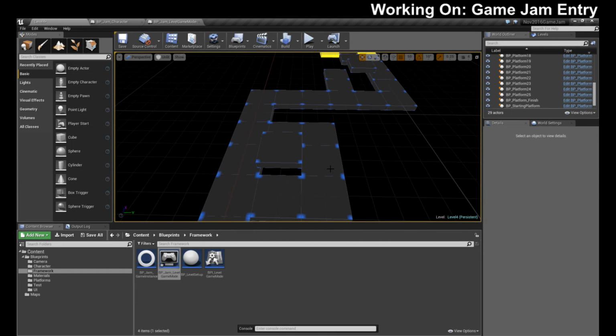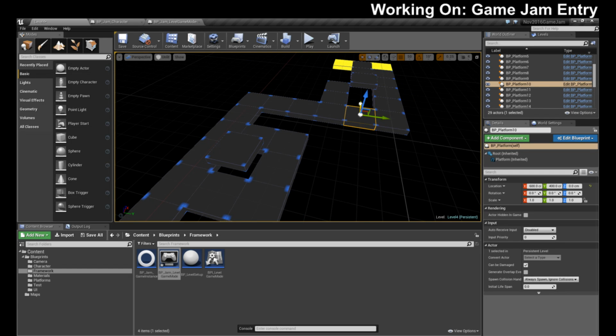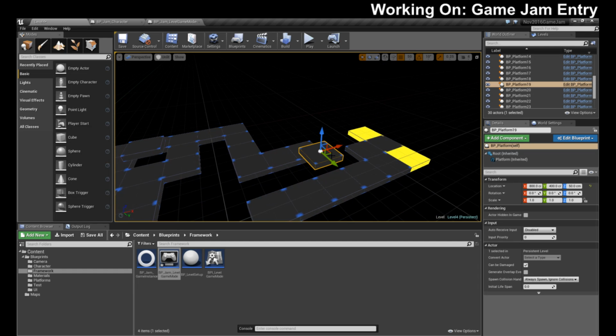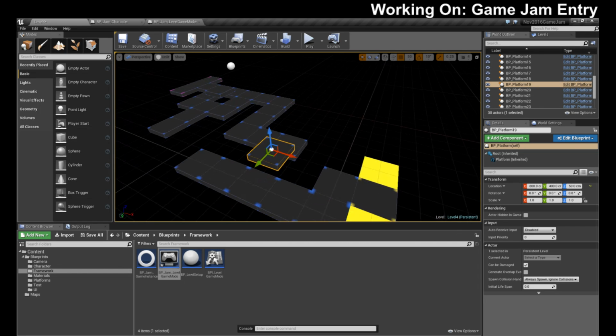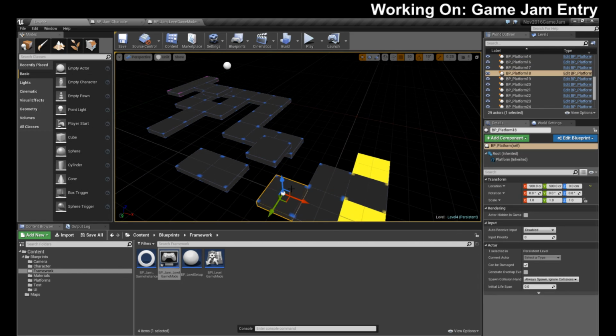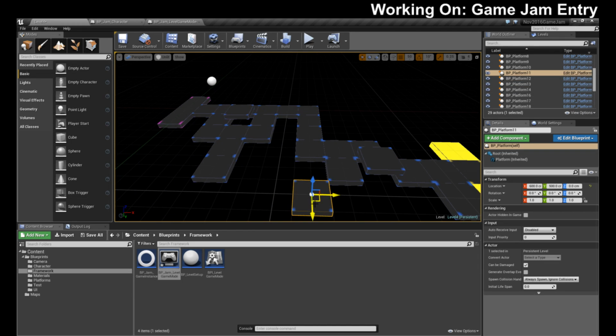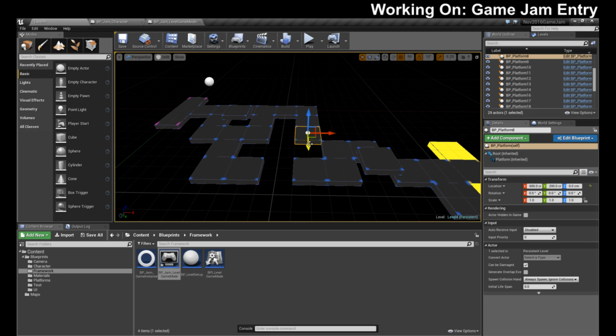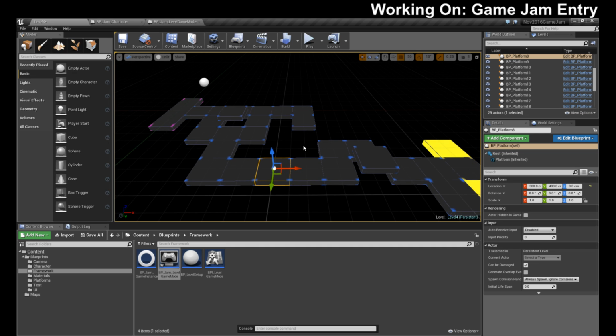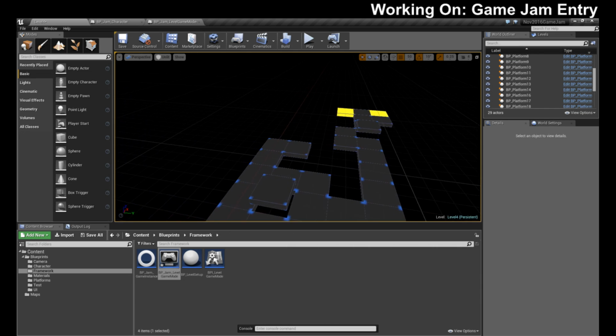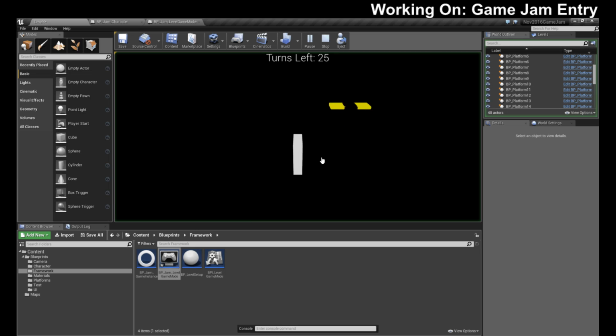Let's put that right there. Let's grab, put one there, put one there. Let's just make this super simple. We're just trying to let the player get to an exit and learning up and down. You don't want to screw with them that much. There we go. Let's do that. So they should dead end there.